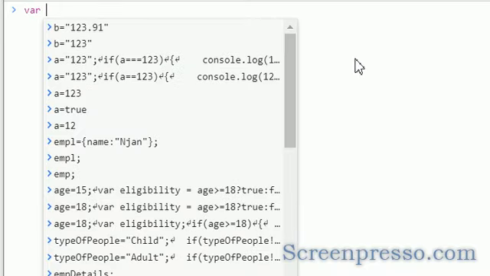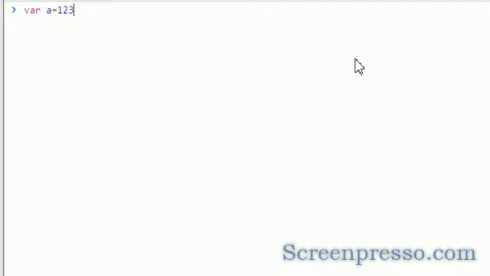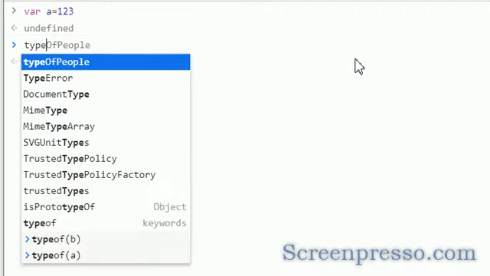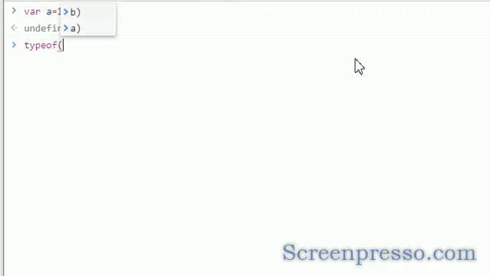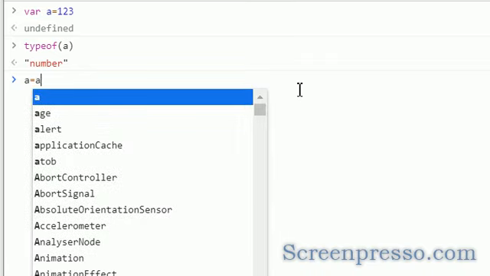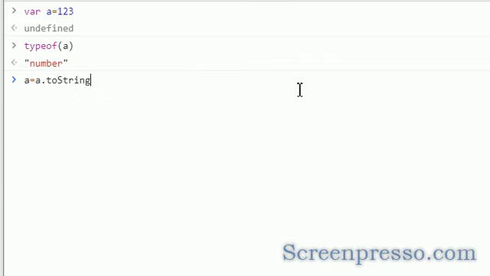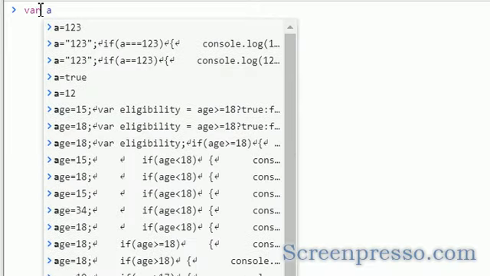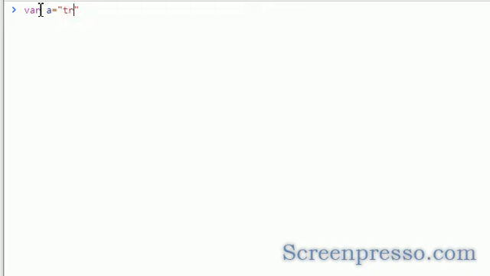How can we convert to string? For example, I have the value a equal to 123. Now if you check typeof a, it is number. I want to convert it to string. How can we? a equals a.toString(). Now if you check typeof a, it is string, that's all. Okay, I have a variable where a equals "true" in double quotes.